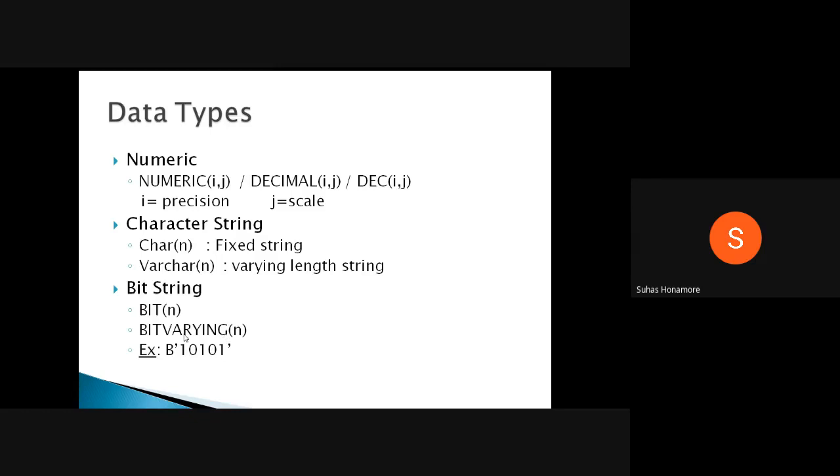Then while inserting the value, you have to give B, followed by the actual value. Here B indicates you are giving not a character string but a bit string. To differentiate between those two, we use capital B.